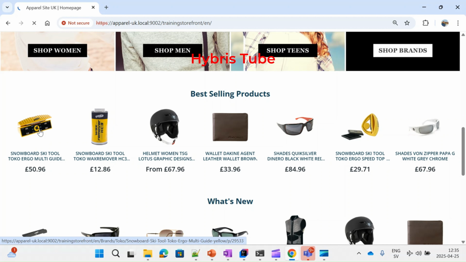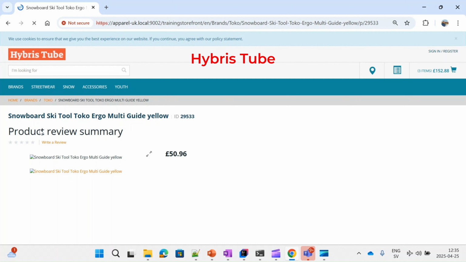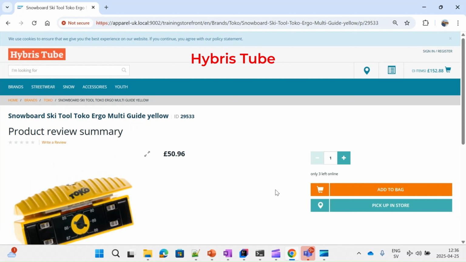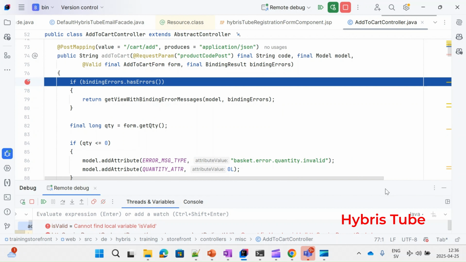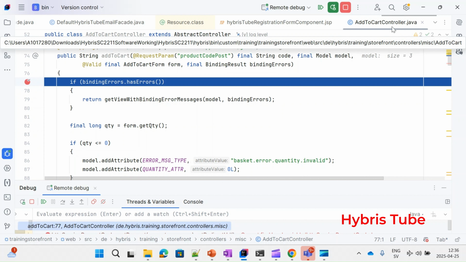So that is the main flow, but then there are some side flows as well which will be fulfilled by the hooks concept. So in this flow I will show you how the hooks come into the picture. So I will be clicking on to the add to cart, then the hooks concept will come into the picture automatically. So you can see now the PDP page is getting loaded, and now if I click on add to cart button, so guys you can see I'm clicking on to the add to cart button, and as soon as I have clicked on add to cart button, you can see the flow has reached to the